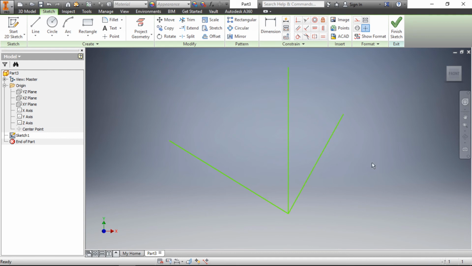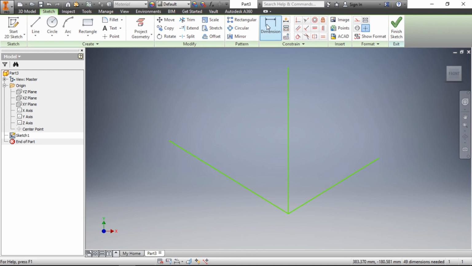If I want to make them equal, that means we need to apply a symmetric constraint so that the angle of this line with respect to this vertical line remains the same for both lines. So I will apply the symmetric constraint, select the first line, then the second, and select this vertical line for reference. Now both are symmetric to each other.